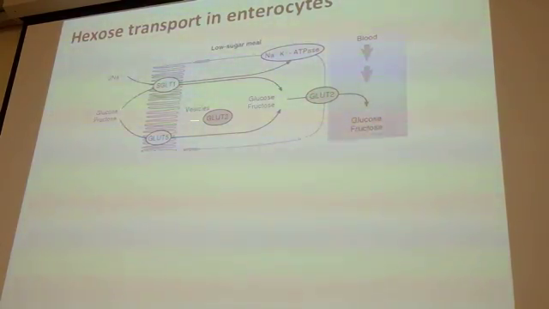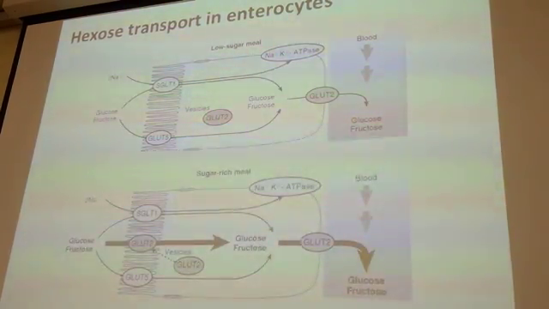Right? And then our other player, we have GLUT5, which is mediating the uptake of fructose, and then we have GLUT2 also present in vesicles. Okay? And these GLUT2 present in vesicles allow our body to adapt to conditions of high sugar and mediate continual uptake of glucose under these high sugar conditions because it has a high Vmax. And so GLUT2